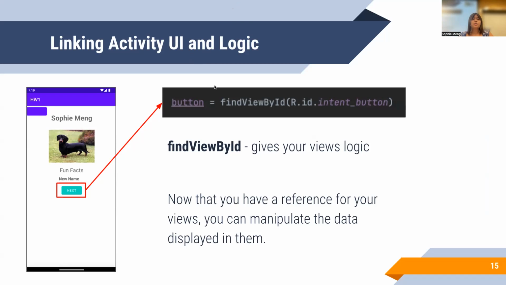Okay, so we're going to be linking the UI and logic. Once you put these UI elements onto your design page, or your XML file, they're not really going to do anything unless you give logic to them. So if I were to put this button on my screen, and I clicked it, nothing would happen unless I gave it some logic in the